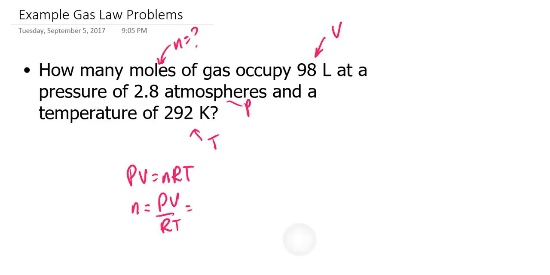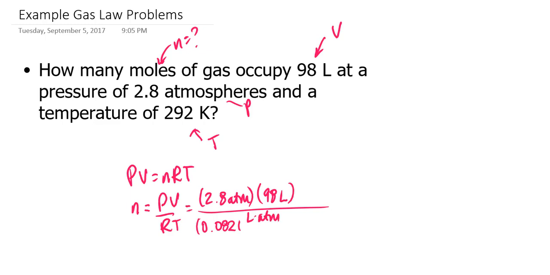I would substitute in 2.8 atmospheres times the volume of 98 liters, over the ideal gas constant, 0.0821 liter atmospheres per mole Kelvin, times the temperature, which is 292 Kelvin. My kelvins would cancel, so would my liters and atmospheres, leaving me only in units of moles, as it should be. If I do that math, I should get 11.4